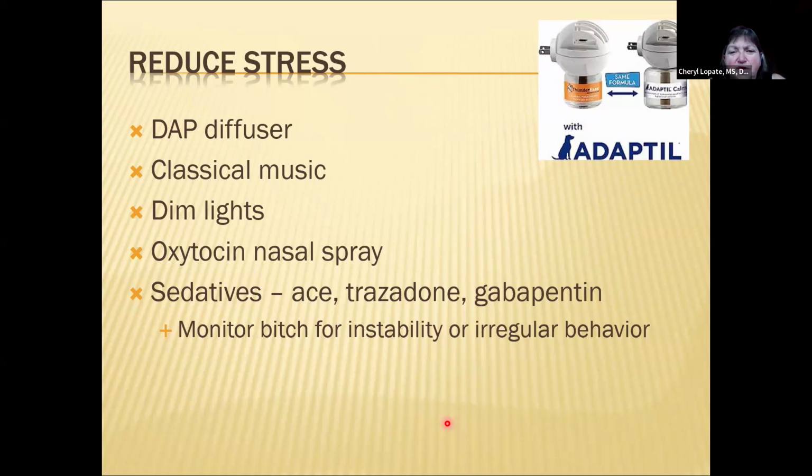And so oxytocin nasal spray is something that's pretty easy to get. The original studies were done in pigs, and they used a much more concentrated or higher amount of oxytocin. But I have found anecdotally that using our regular oxytocin that we all have in our clinics, that we use for our medical management of dystocias, in a nasal spray bottle, and then giving bitches a puff of that into their nostril every time that they feed, so every 2 hours, and then alternating nostrils each time,